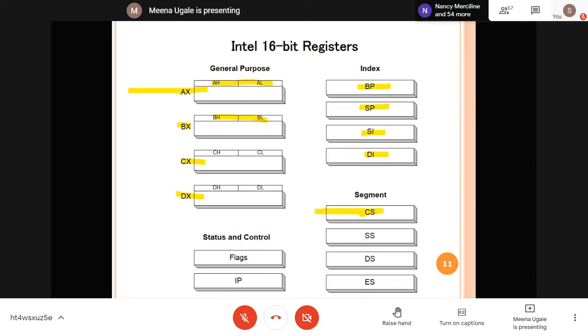You have segment registers: code segment, stack segment, data segment, and extra segment. Then you have the flag register and the instruction pointer. Now if you count, these are 4 plus 4 plus 4 and these two. Total number is 14. These are all 16-bit registers.